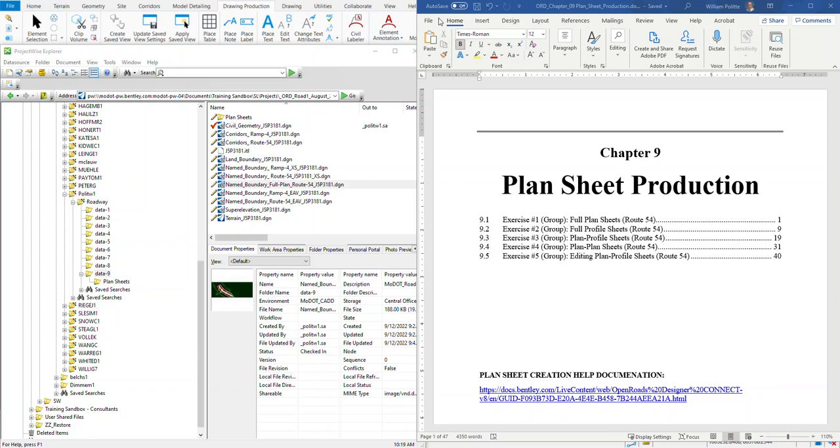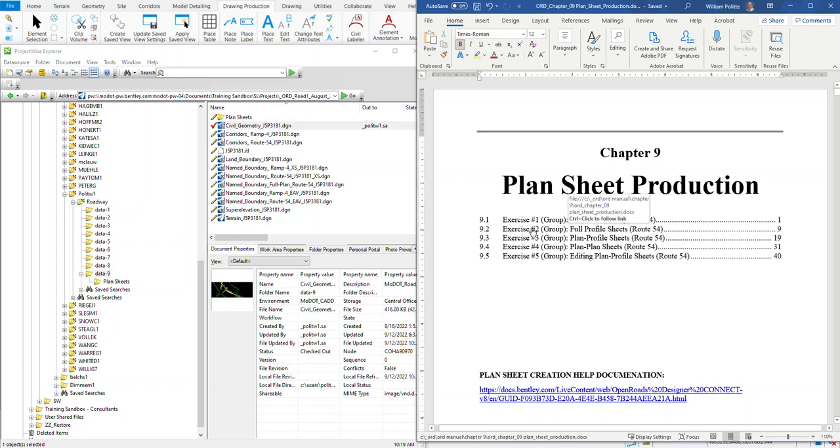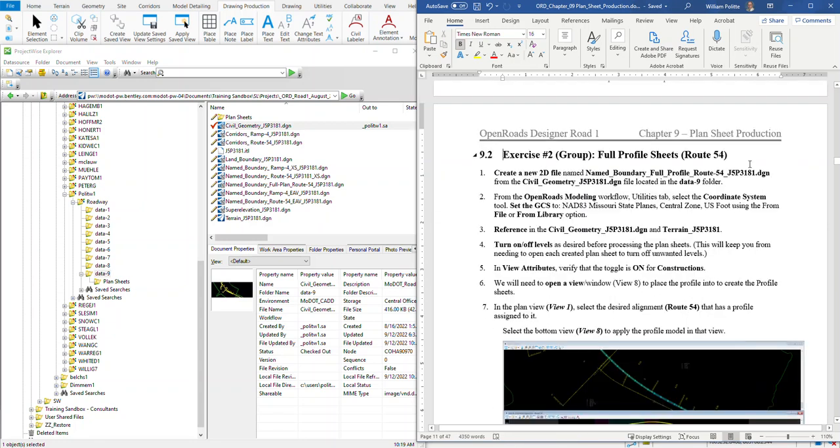This video is going to cover Chapter 9, Plan Sheet Production, Exercise number 2, Full Profile Sheets for Route 54. Okay, you see I have my Word document on the right, my ProjectWise Explorer on the left, and let's just go ahead and go to the exercise. So exercise 2,